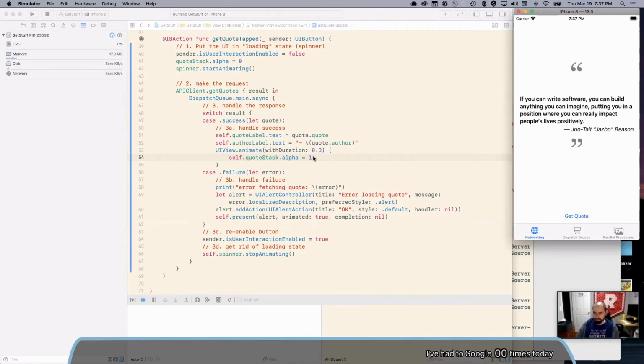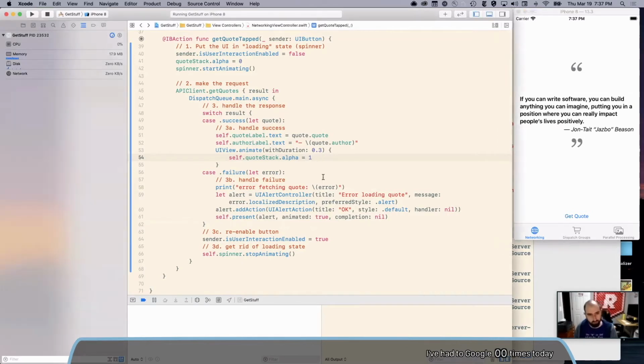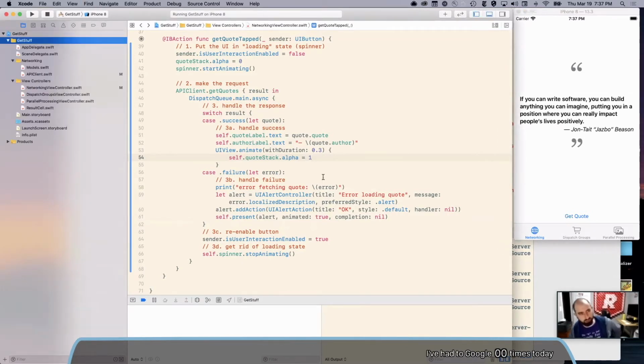Okay. So then the next thing I want to talk about is the next most common thing I see, and things I see questions about a lot, which is sometimes you're dealing with an API. Sometimes it's not the best designed API. Even well-designed ones sometimes run into this problem, which is that sometimes we need to have the result of multiple network requests come back before we can do the thing.